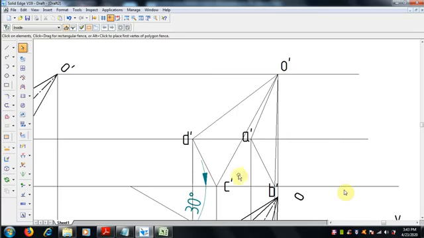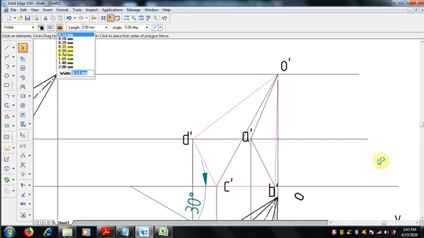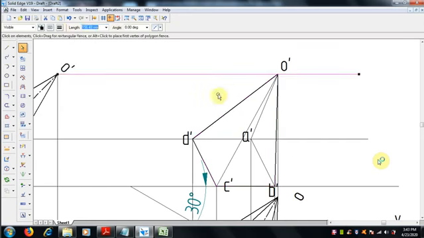Now I have to make it visible and invisible. So this is the base and the outer boundary. As I said, first join the outer boundary, that is BO, BC, CD and DO, and make it 0.5 mm thickness.